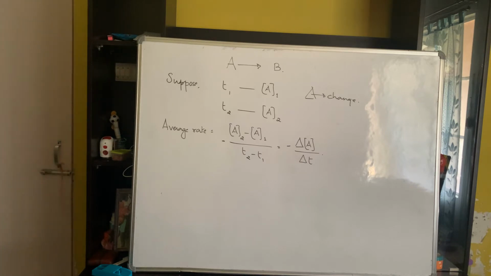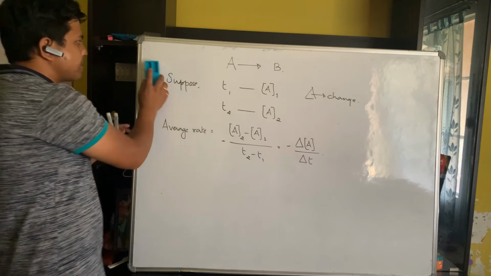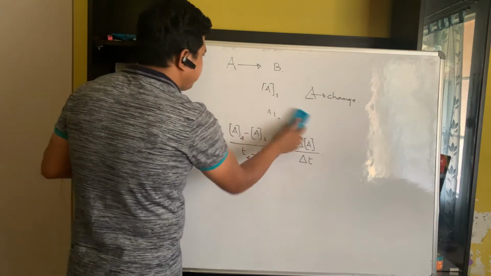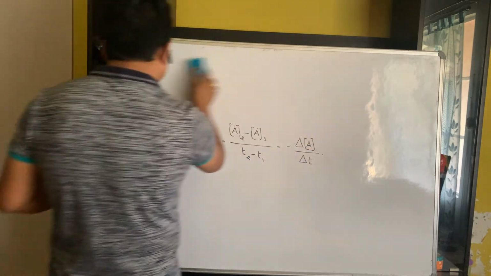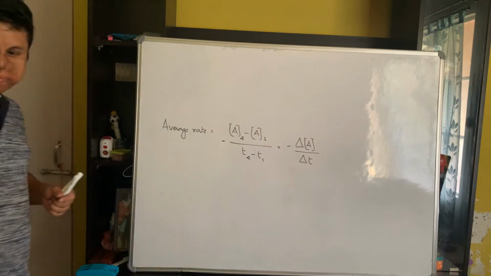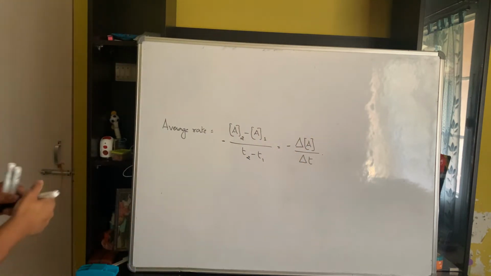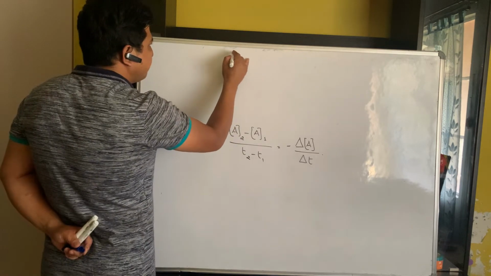Now the thing is, how are we going to understand this? How are we going to calculate this graphically? So let us see once more. I think all of you have a fair idea about your graph. At this level, you should have a fair idea how to plot a graph. So what am I going to do now?